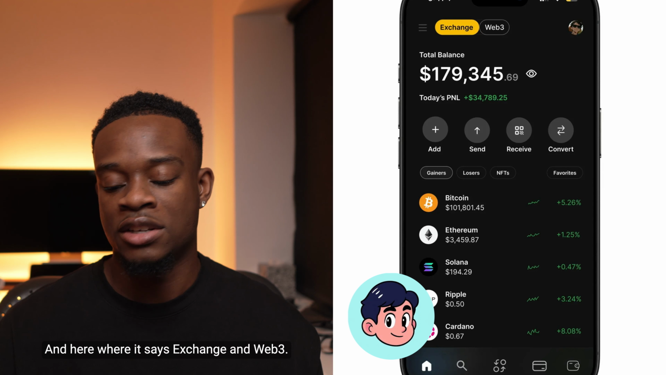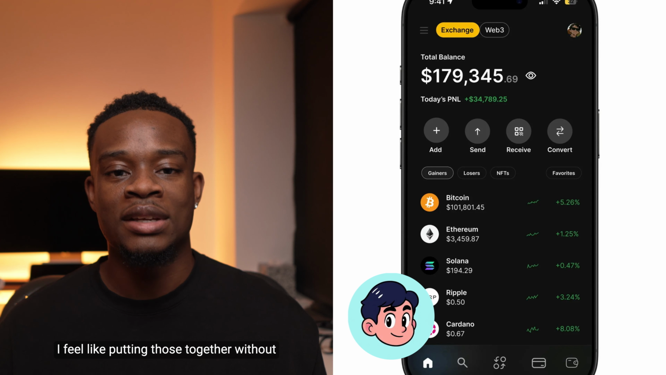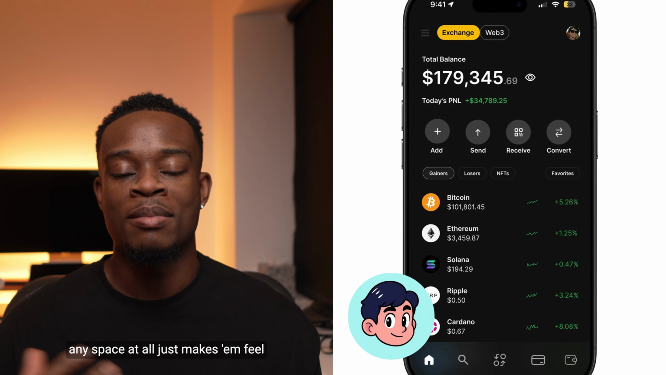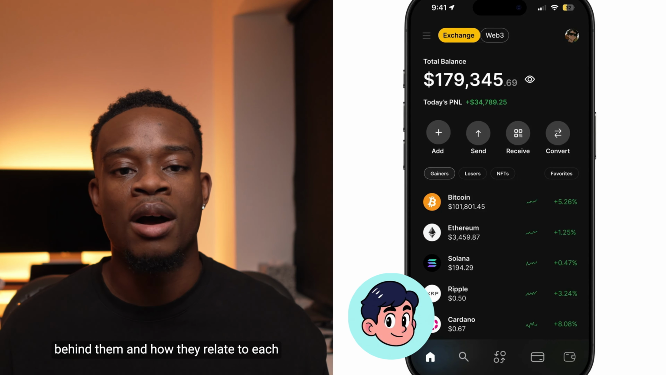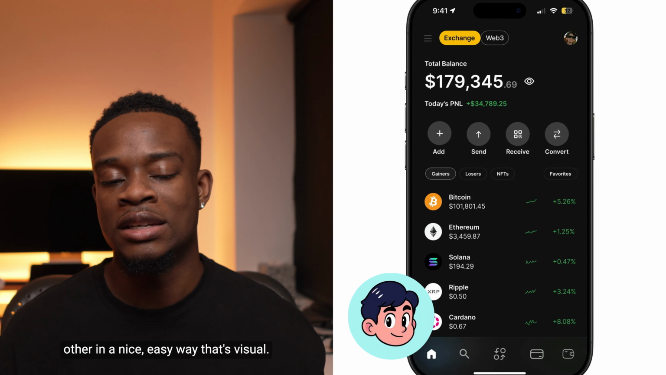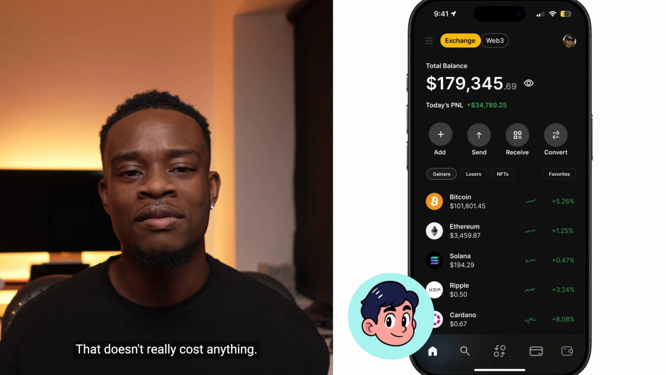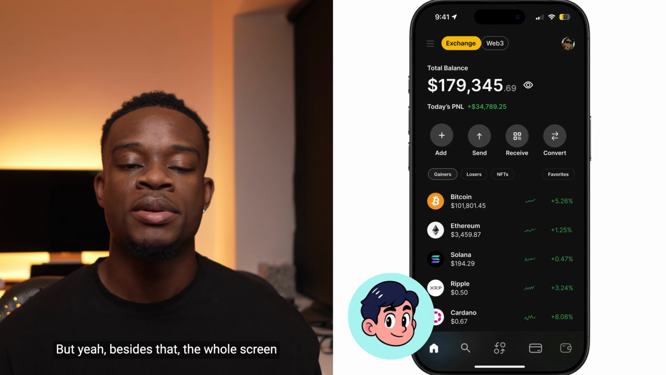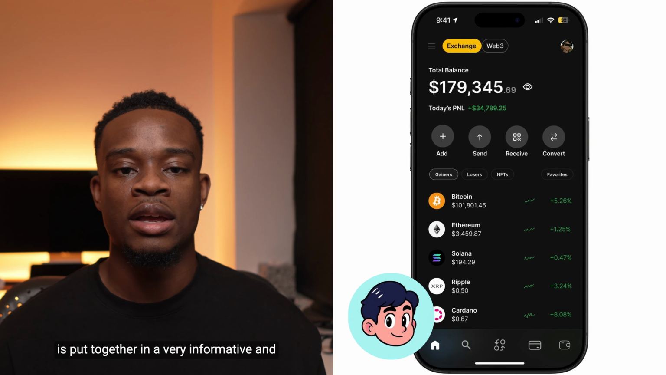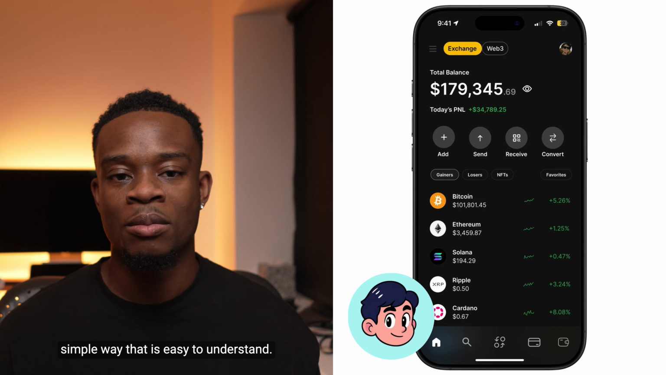And here where it says exchange and web3, I feel like putting those together without any spacing at all just makes them feel connected and gives us the meaning behind them and how they relate to each other in a nice easy way that's visual, that doesn't really cost anything. It doesn't add any design debt. But yeah, besides that, the whole screen is put together in a very informative and simple way that is easy